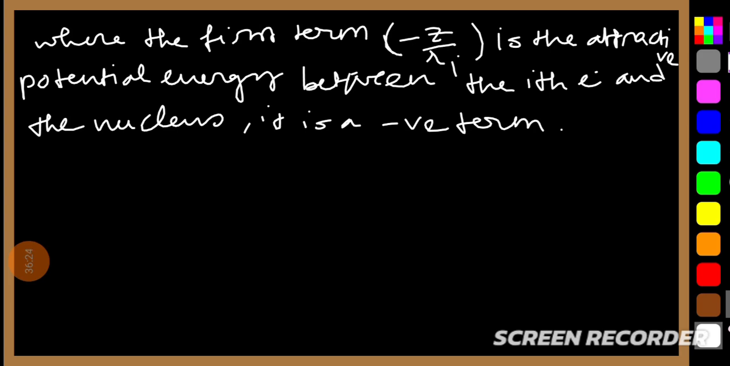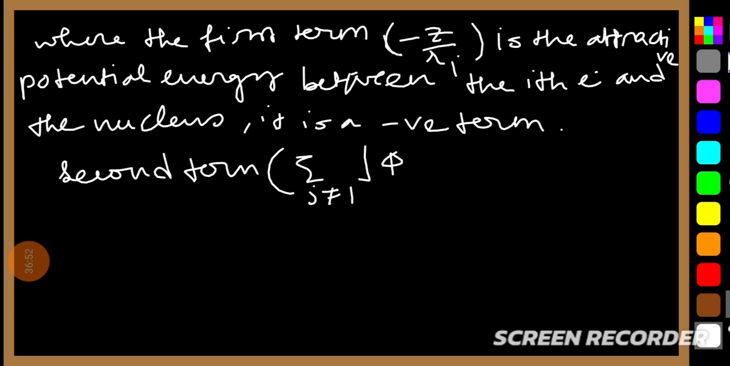ওকে, যেহেতু নেগেটিভ টার্মটা কেন হয়েছে, বিকজ অফ এখানে আকর্ষণ বল বলতে আমরা কনভেনশনালি নেগেটিভ টার্ম ইউজ করছি। এবার দ্য সেকেন্ড টার্মটা কি ছিল? সেকেন্ড টার্ম ছিল summation of j not equal to 1, integration phi j star square of j by r suffix i j d tau j, এটা হলো সেকেন্ড টার্ম।